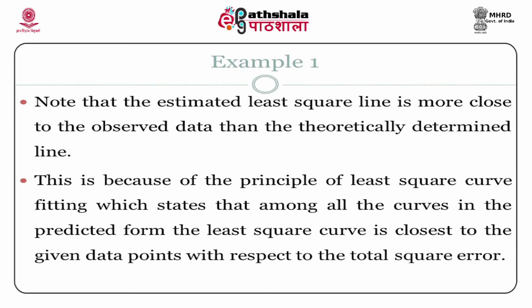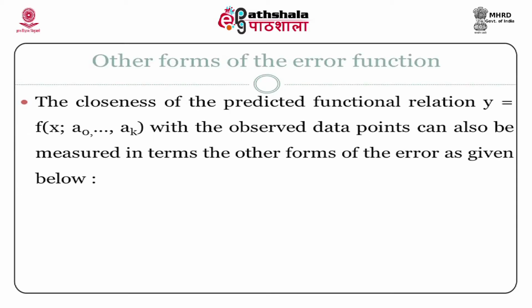This is because of the principle of least square curve fitting, which states that among all the curves in the predicted form, the least square curve is closest to the given data points with respect to the total square error. The closeness of the predicted functional relationship y equal to f(x; a0, a1, a2, a3, ..., ak) with observed data points